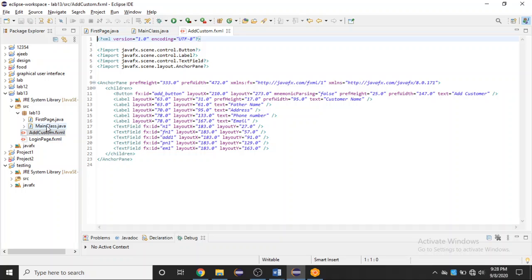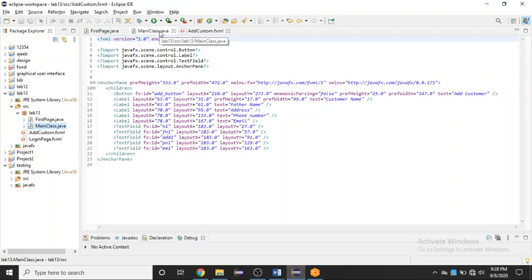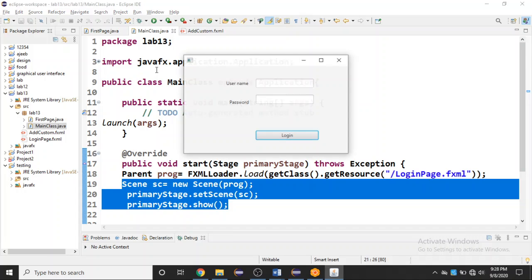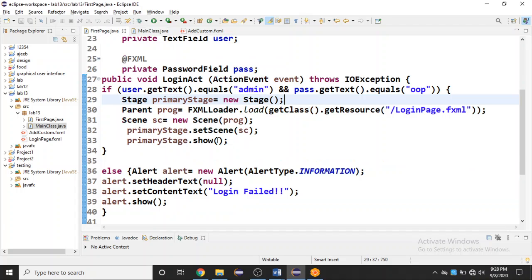Now coming back to main class.java, I am executing. So this is our first page, by typing admin and OOP, then clicking on login. Okay, I haven't passed this.